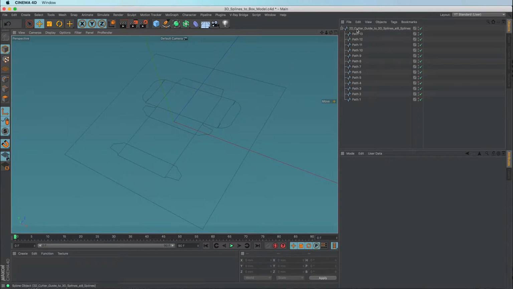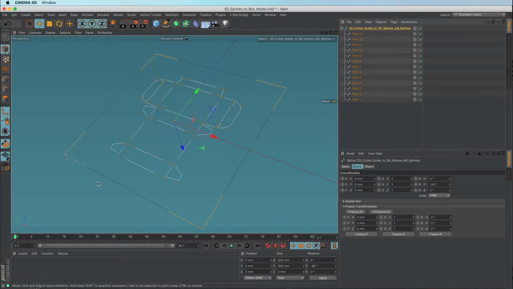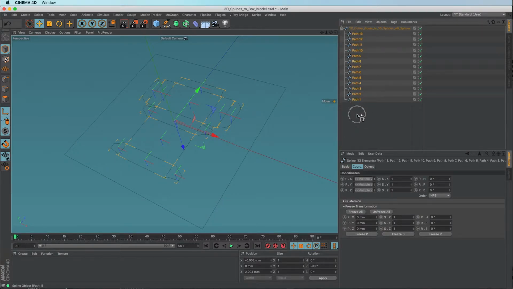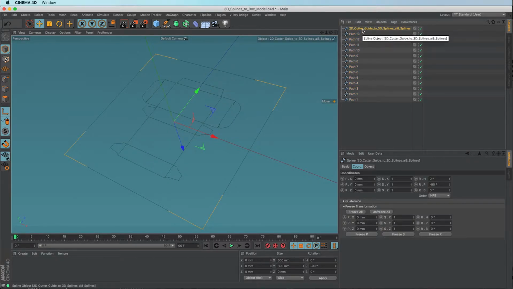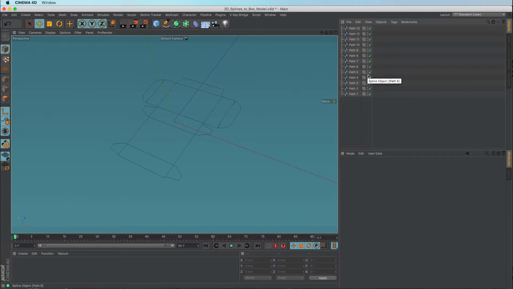We've resized everything inside the square that was on our Illustrator artwork, resized it to 300 by 300, which is the size we want. So that's now done. So we can take all the cutter guide paths out of the outer square and delete that because we don't need it any longer. Now what we need to do is to go through these paths and name them for